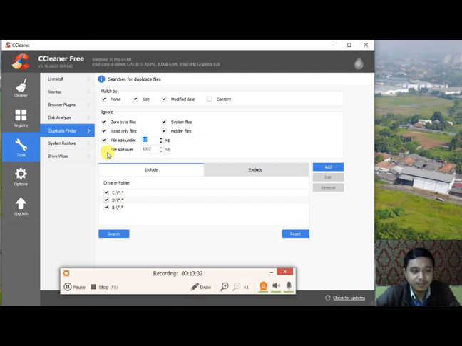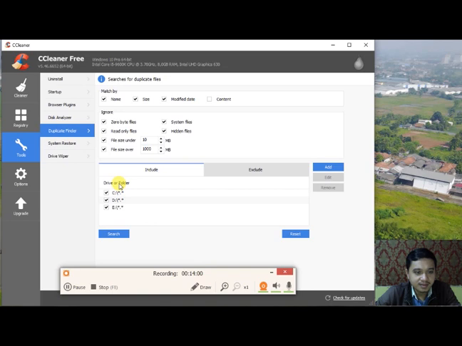If it is file size under, it will ignore files under 10 megabytes. As you can see, I choose 10 megabytes, so files under 10 megabytes will be ignored by CCleaner. Or you can check the file size over. If it's over 1000 megabytes, CCleaner will ignore it too.